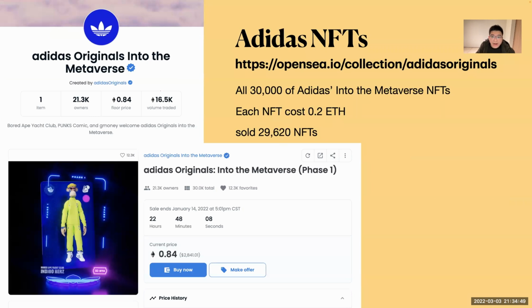And this one is Adidas. You can see the trend that many brands want to create NFTs and sell them. Adidas sold really quickly as well. Each NFT cost 0.2 ETH and sold immediately. They claim they will use this NFT for the metaverse, but we have to see whether they can deliver on that promise and create the metaverse. Right now there is no proof of any utility for this project yet.